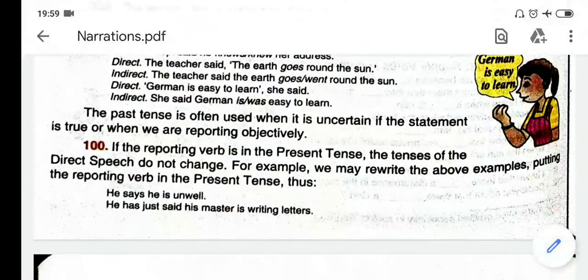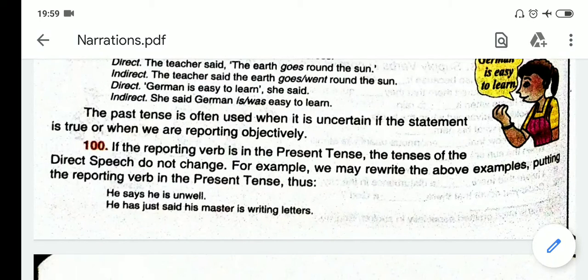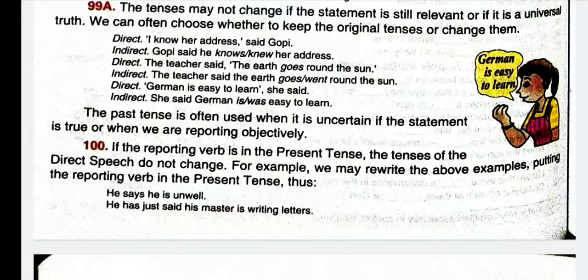And the 101 I have already told you before. If the reporting verb is in the present tense, when they say reporting verb, they mean reporting speech, which is outside the inverted commas. Like she said, this is reporting speech. This is the reporting verb. As in the present tense, the tense of the direct speech does not change. I told you that if the reporting speech is in the present tense or even in the future tense, the speech inside the inverted commas, which is called the direct speech or the reported speech, will not change. For example,